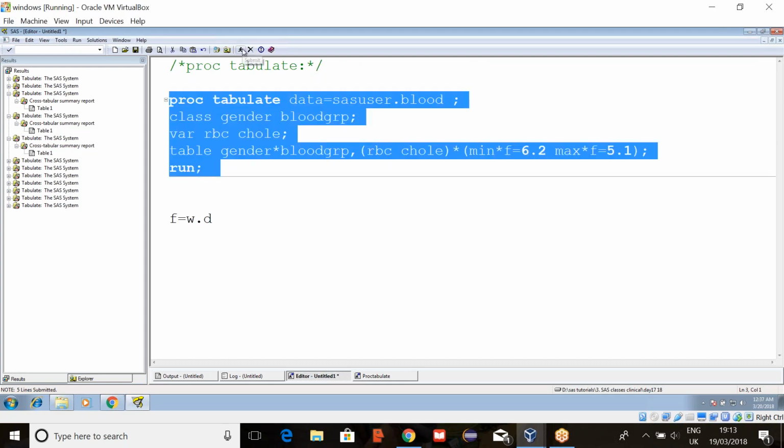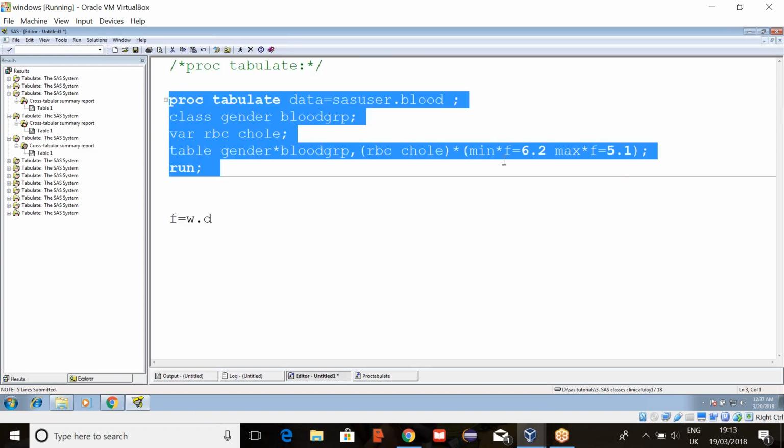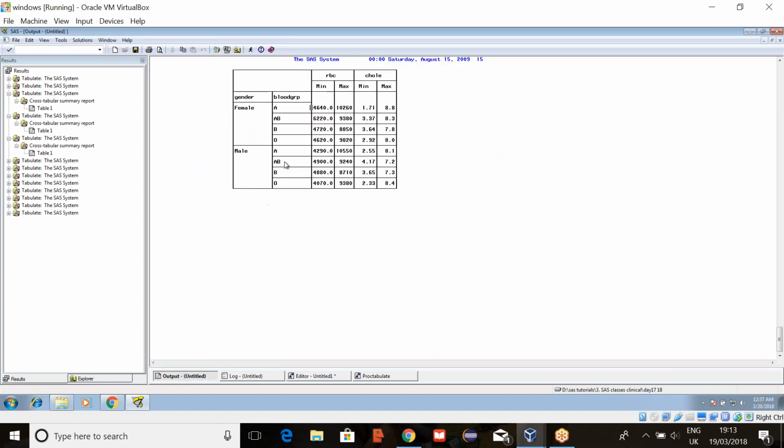Let's run this and see. See, for minimum what I have given is 6.2, right? So here totally it will take 6: 1, 2, 3, 4, 5, 6. But I have given 0.2, so the space width is not sufficient, so I have to change that to 7.2.